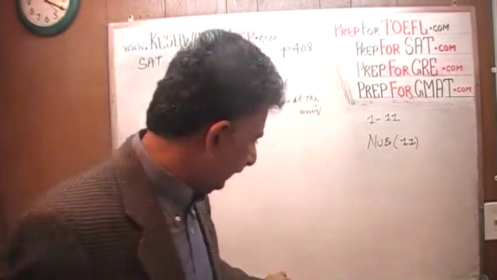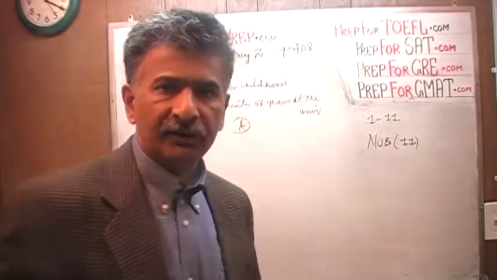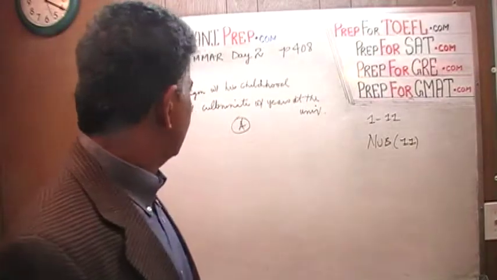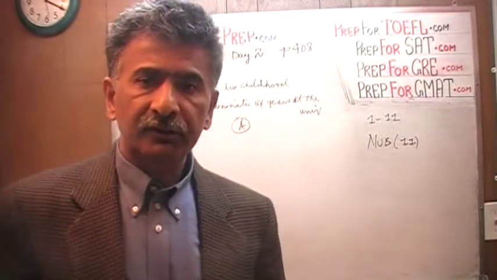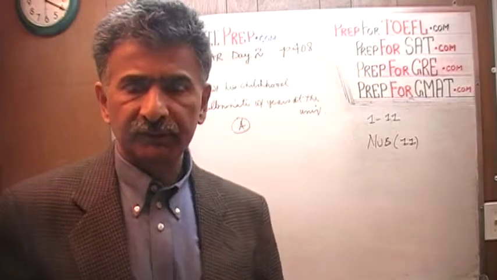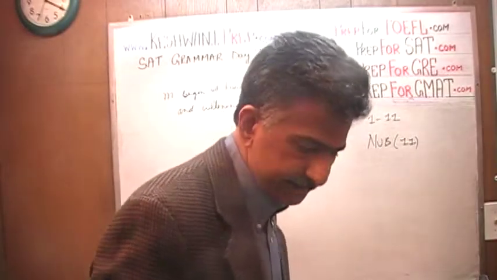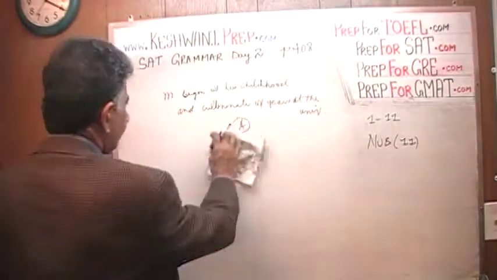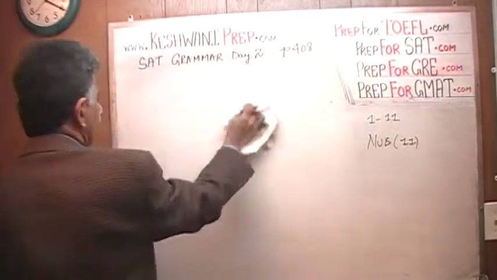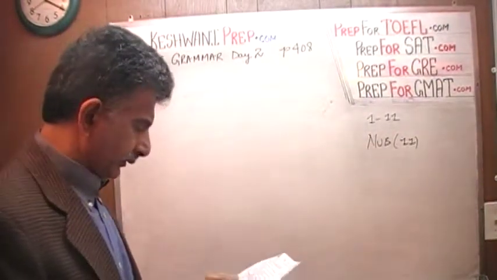There is nothing wrong with it. It says, his memoirs begin with his childhood years and culminate with his years at the university. How will you fix it? There is nothing there to fix. The answer is A. Let's go to the next one. Number 7. It says,